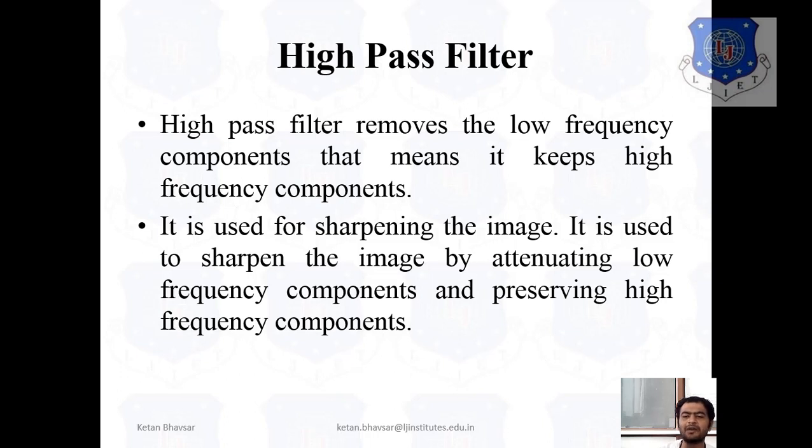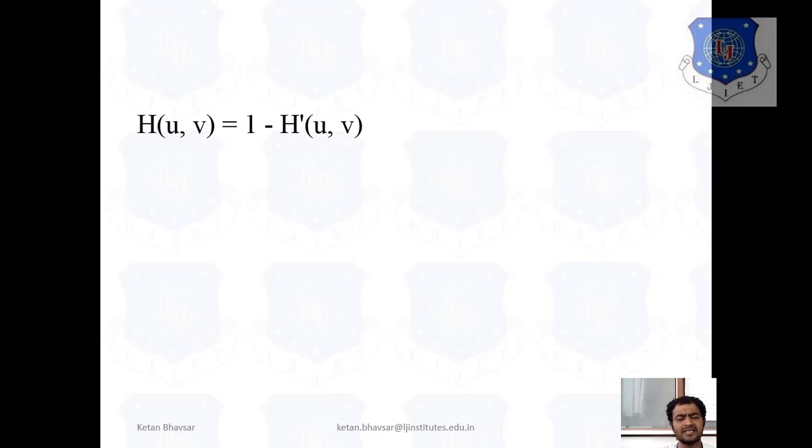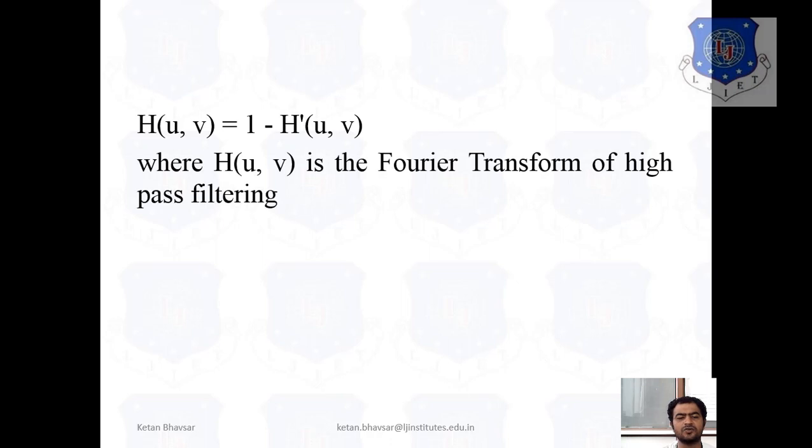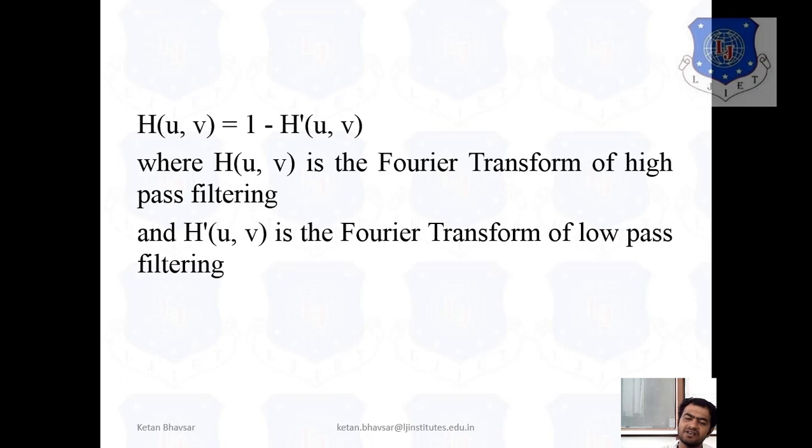It is used for sharpening the image, that is, if we are talking about sharpness or the edges of the image, how you can improve the quality of the image in the frequency domain. As you can see, H of U comma V is equal to 1 minus H low of U comma V. H low of U comma V represents the low pass filter, and H of U comma V represents the Fourier transform of the high pass filter. So we can easily remove this type of content using filtering.